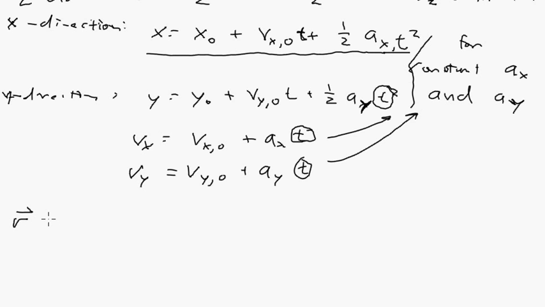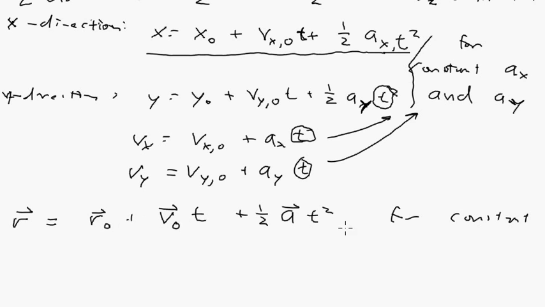R vector equals initial R vector plus initial velocity vector times t plus 1/2 acceleration vector times t squared for constant acceleration. And then this all works out very nicely because you can say